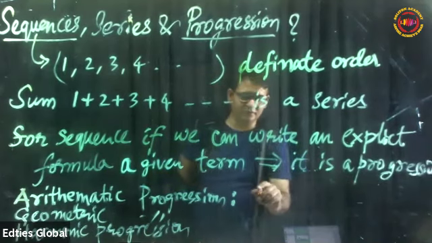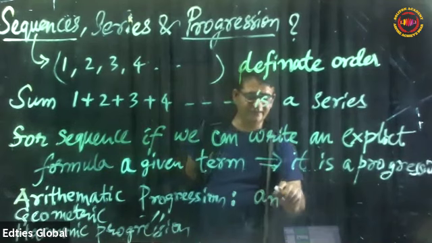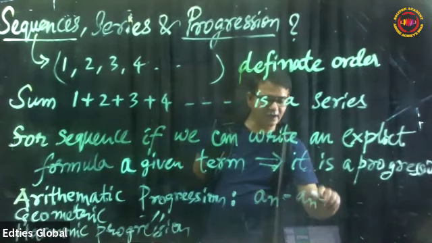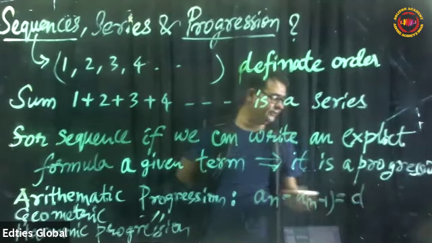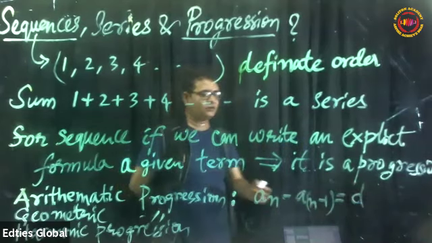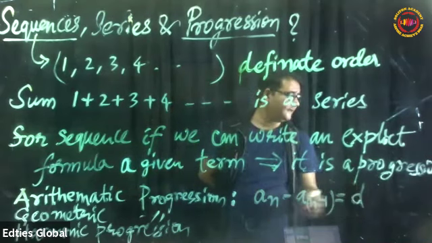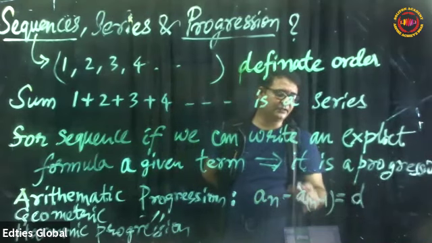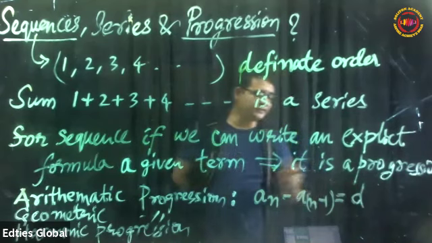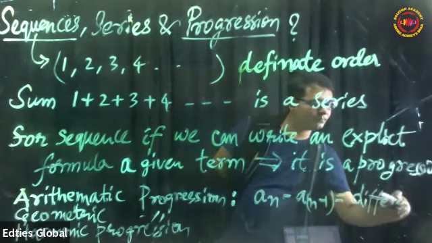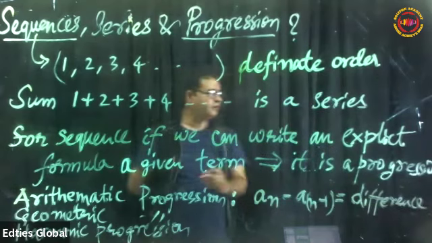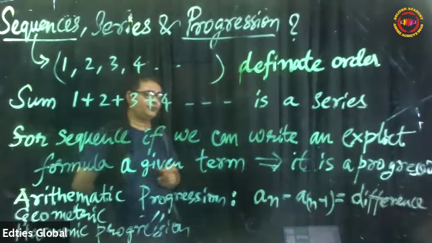Suppose the nth term a_n minus a_(n-1) is related to d. d is called the common difference. If there is a fixed difference,